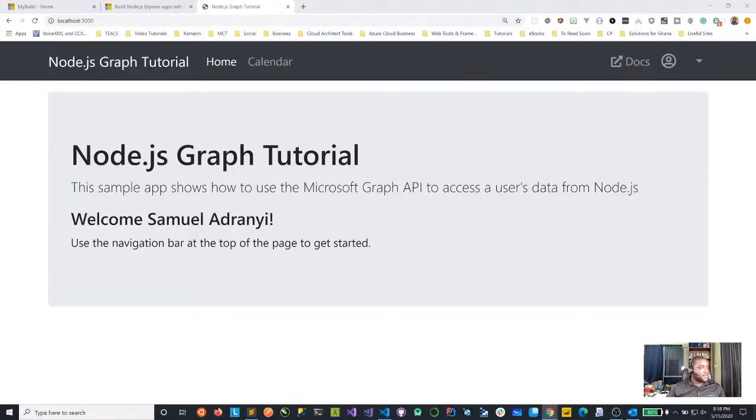Awesome. Just waiting for Outlook to load up. Yeah, because there are some sensitive things in my email.